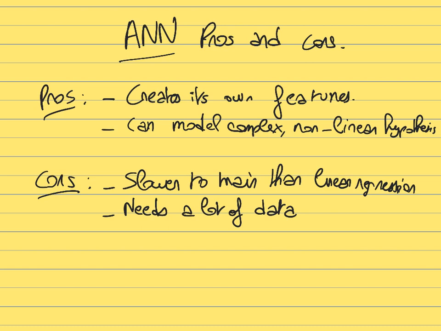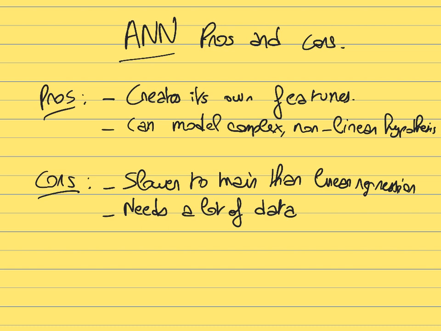As for the minimum amount of data that you need for an artificial neural network, there is no fixed rule. It depends on the type of data that you have. It also depends mostly on the number of dimensions, the number of features. If you have just 2 or 3 features, then maybe you don't need that much data. Maybe just hundreds of data points might be enough. Typically, a good rule of thumb is that you need 5 or 6 data points per dimension, where each dimension is a feature of your model.